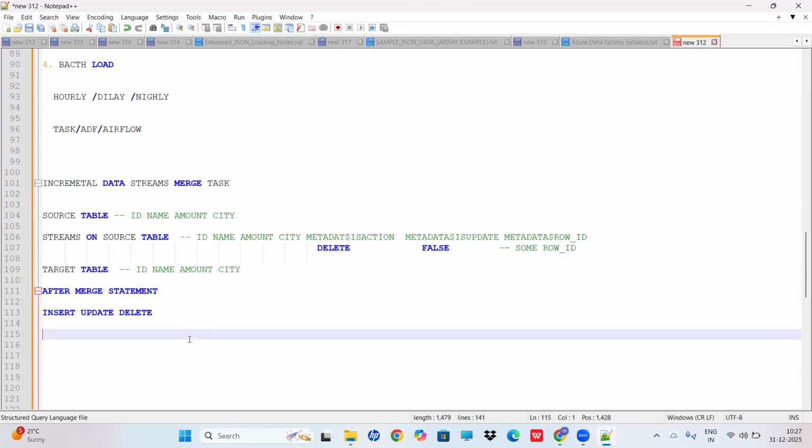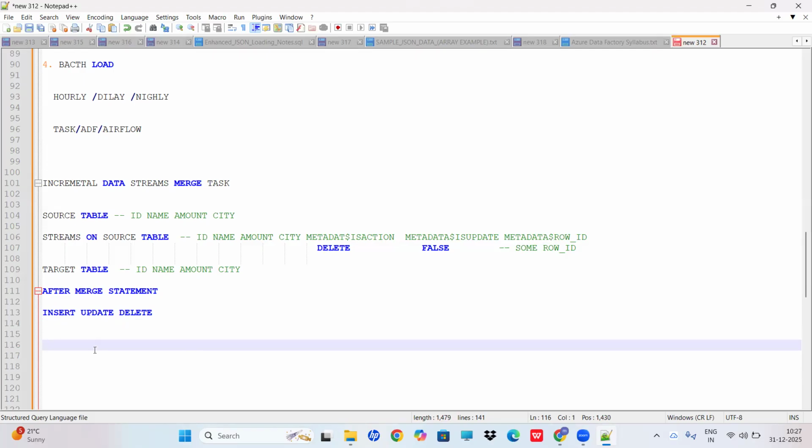I'm receiving millions of rows, and every time I receive them I would need to run the stream. But it will take some time, because every time I need to check the data in the S3 bucket or in the source table and run the stream. So it would be doing the process again and again. To avoid that, we have